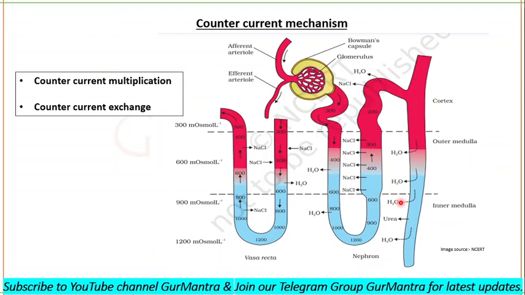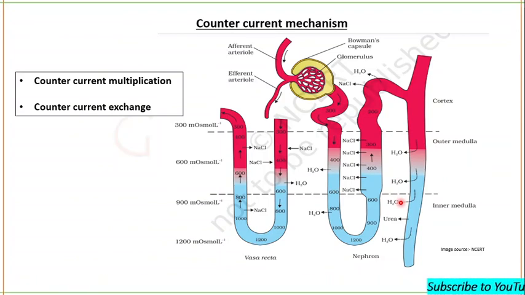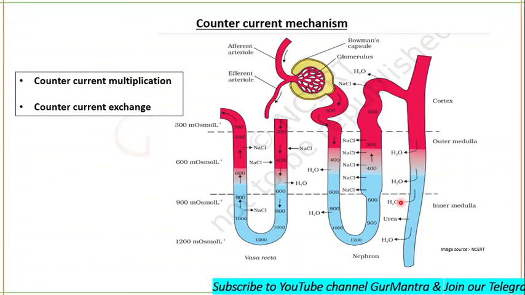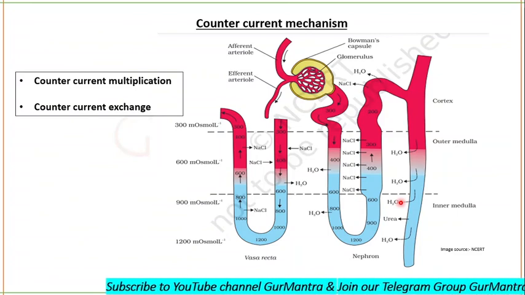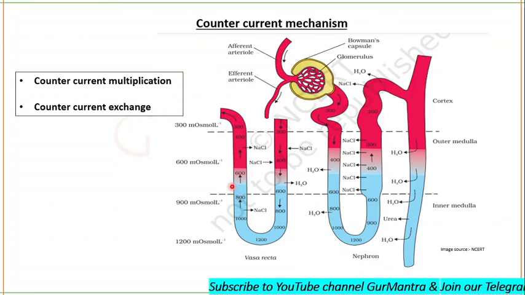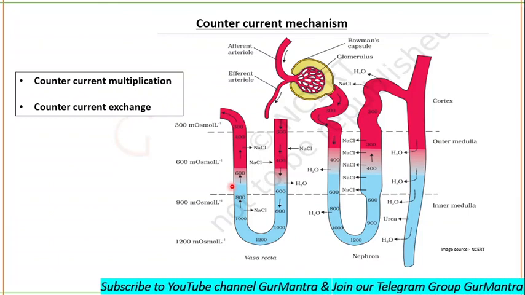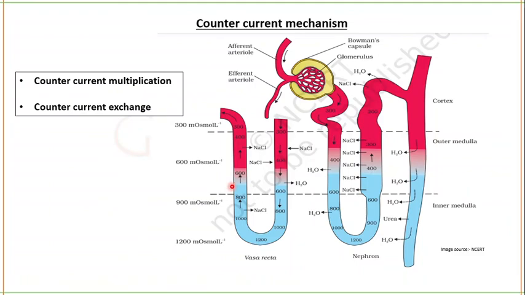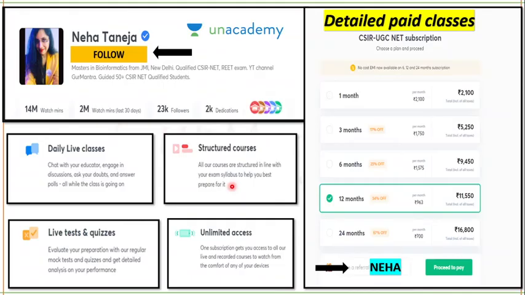I hope the countercurrent mechanism is very clear to you and you are not having any problem in understanding this thing. And let me remind you one thing, that the peritubular network is also formed, but we are not going to talk about this network here. Why? Because this is the juxtamedullary nephron and the peritubular network of capillaries is formed in the cortical region. That's all for today. I hope you understand each and everything that I told you.